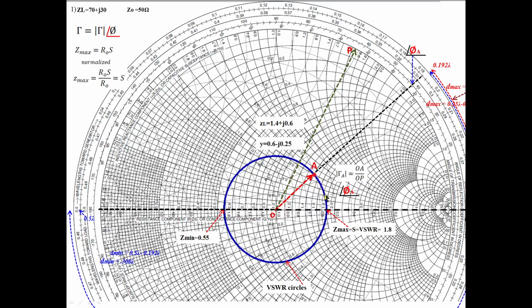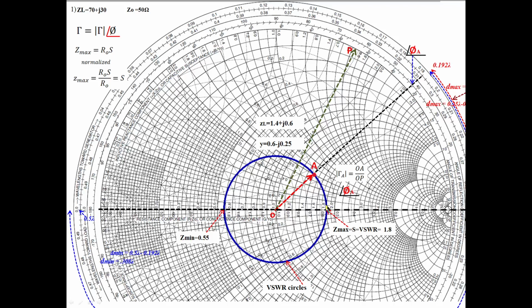So impedance variation you can easily read from here, because impedance at any position, for example, I am on the transmission line at some point here. What is the value of impedance here? Read the resistance circle passing through that point, and the reactance circle. At that particular point, note down the value of the resistance circle and the reactance circle. That gives the impedance at that position on the transmission line. Similarly, if you go on moving, impedance varies. You can see the impedance variation, and we can measure it also.